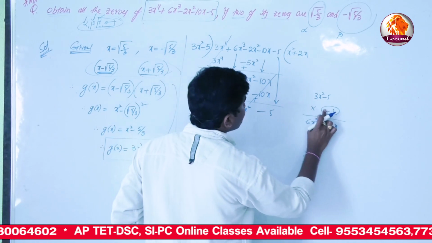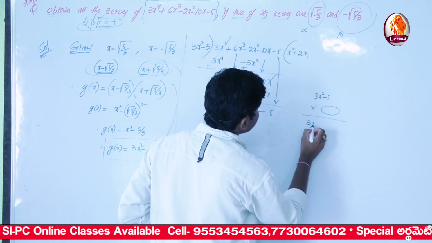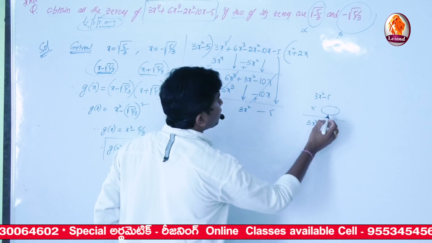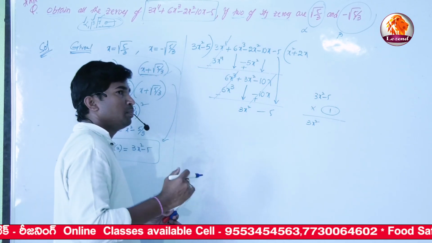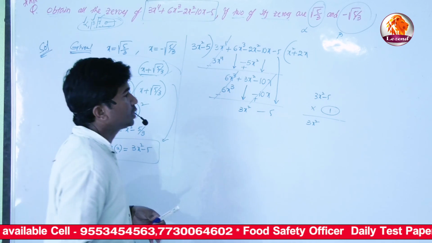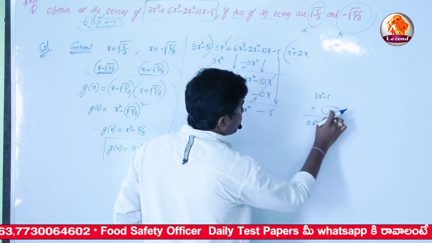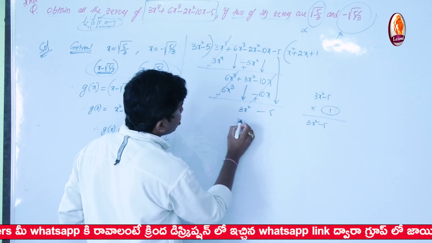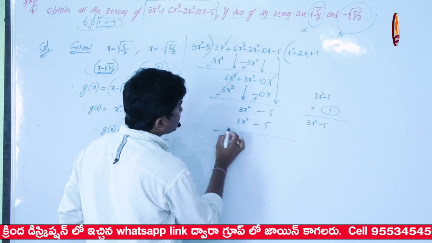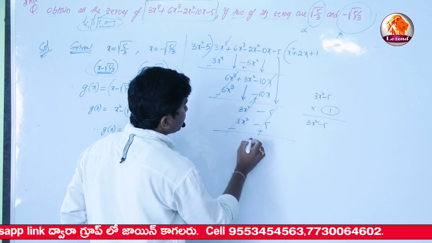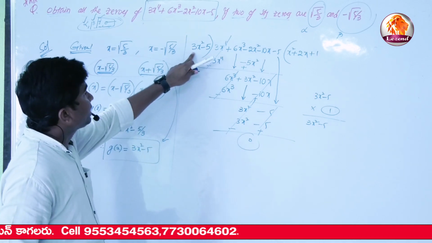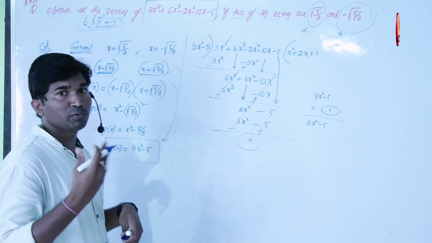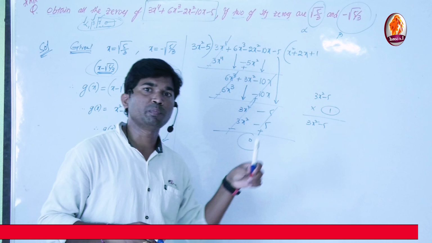Now again the target is 3x square. We only need to multiply by 1, because any term multiplied by 1 gives the same term. So 3x square into 1 is 3x square, and 1 into minus 5 is minus 5, so plus 1 in the quotient. Now it is 3x square minus 5. Change the sign, and they cancel. The result is 0, so this is definitely a factor of the given polynomial. Why? Because they have given that alpha and beta are roots, and we are going to find the third and fourth roots of the biquadratic polynomial.